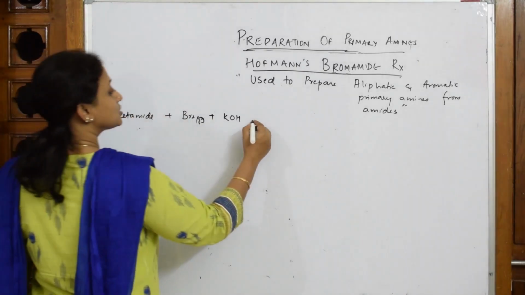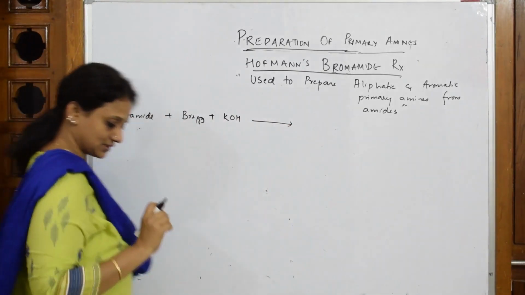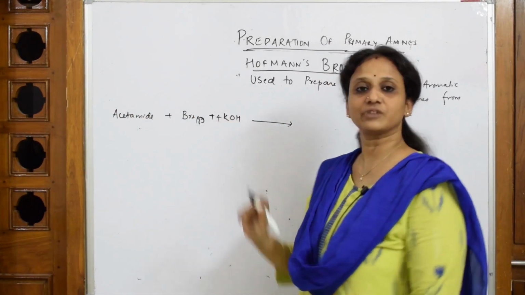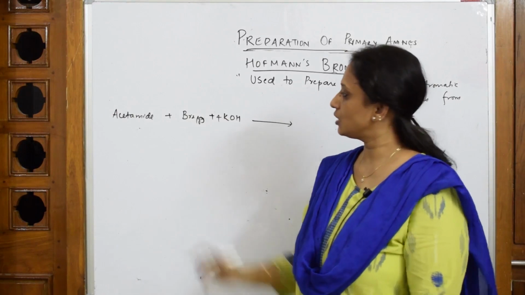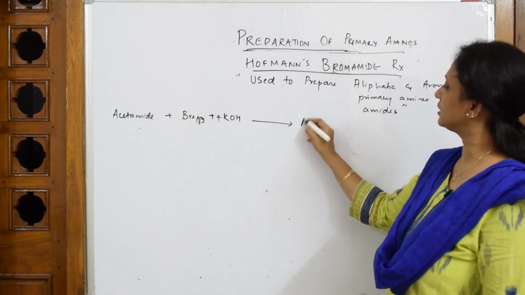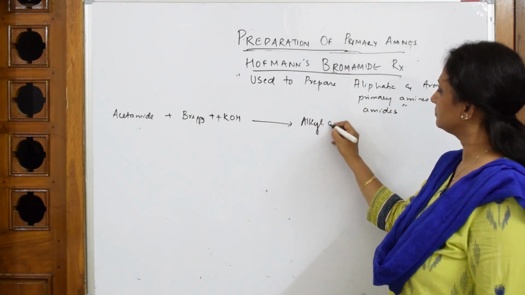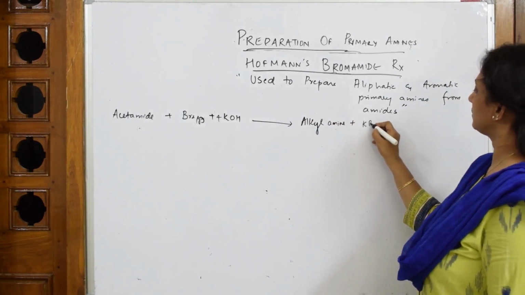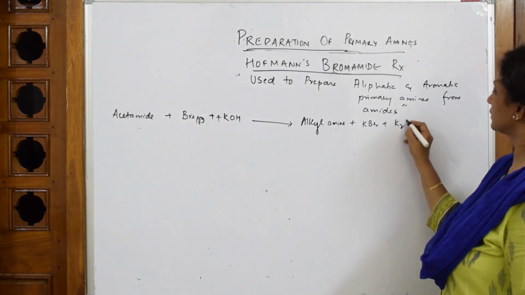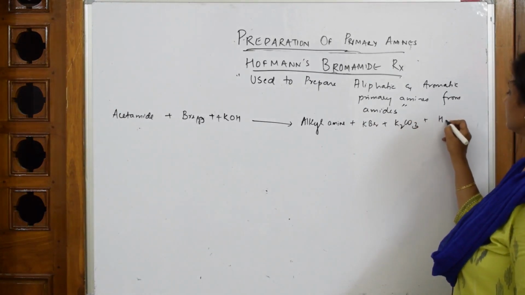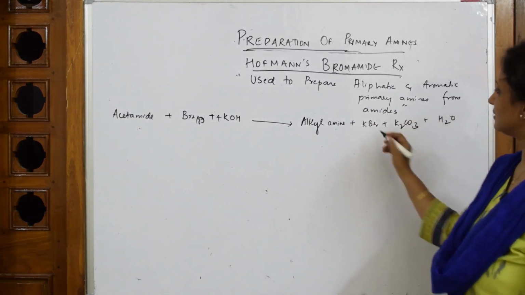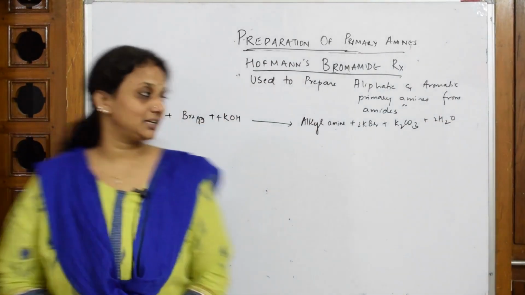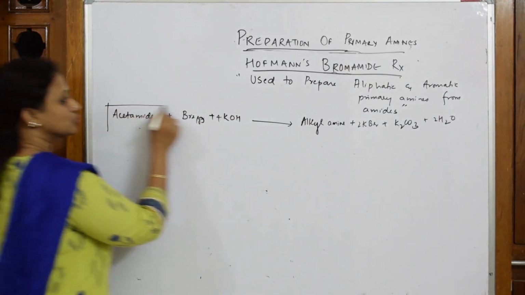You're going to pick up 4 moles of KOH so that it's easy. Then you get a product called alkyl amine plus KBr plus K2CO3 plus water. So when you balance this, this also 2, this also 2. So this is the basic reaction, right? In the exam, you have to show this reaction